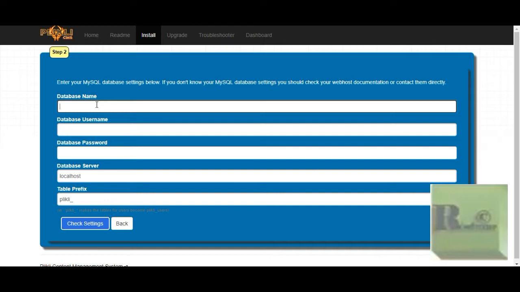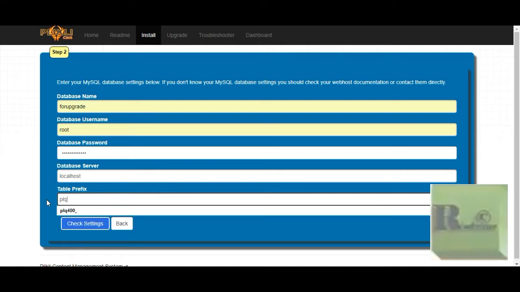So let's start with the database name, username, and then you provide the password, localhost, table prefix. The default is Plikli_. You can choose the prefix you want. It's not necessarily this one, providing that you will end it with an underscore. So let's say this one,